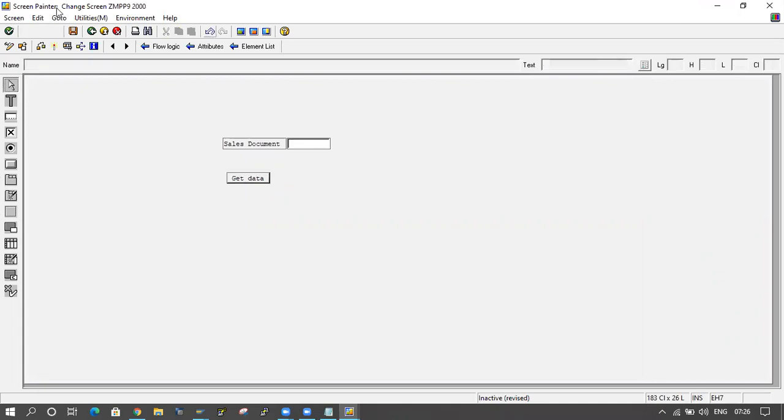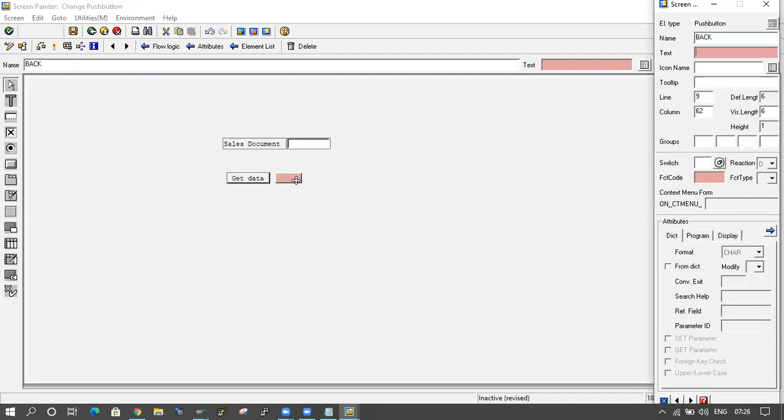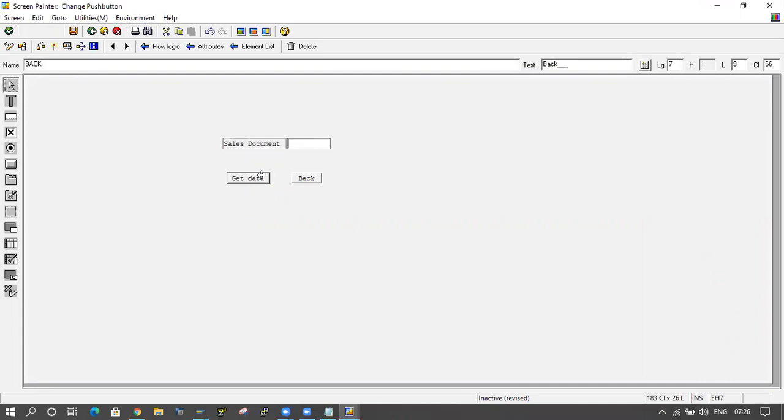I am not applying the standard one, I am applying the custom one. I am writing back button here, and I will apply a box for this one. This is the box here.